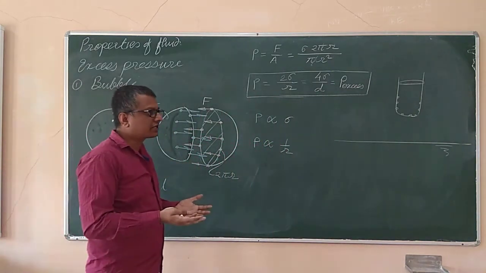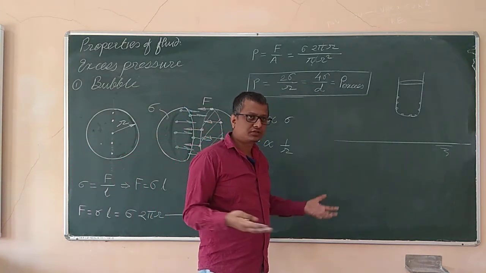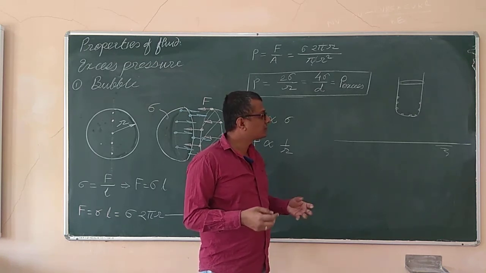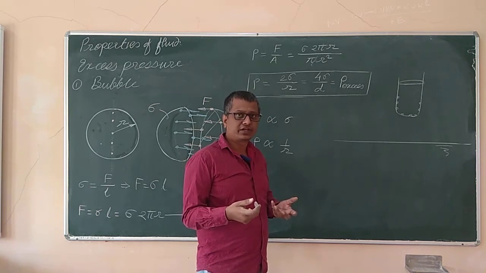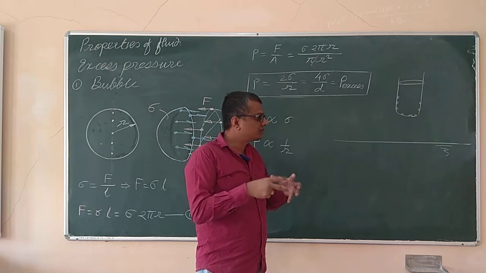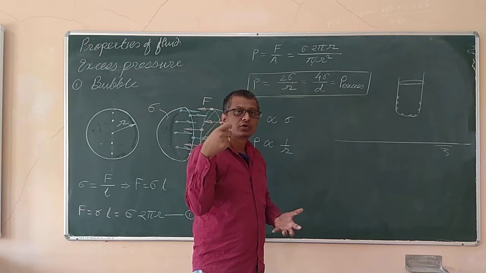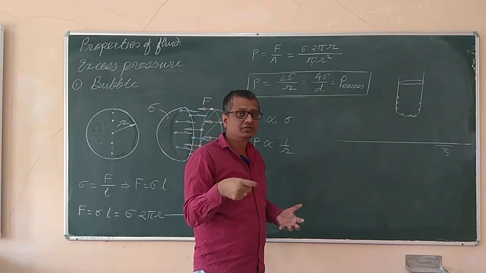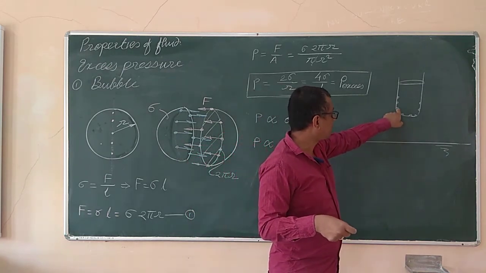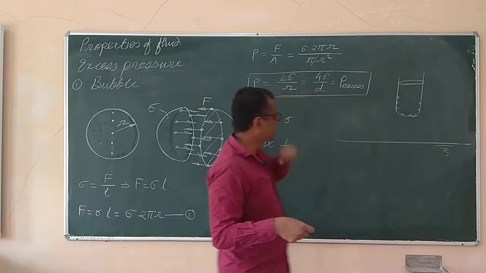Or even if you look at a river or lake, where there may be plants at the base underwater, during photosynthesis some gas bubbles get created there, and these gas bubbles stick to the leaves. After some time, when the size grows more and more, they get detached from the leaves and start to move up. Inside such a gas bubble, the air bubble, the pressure is a little higher than the pressure outside it. Now how much is the magnitude, that we will see.